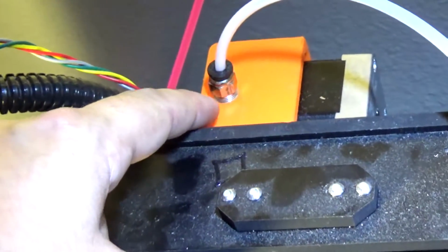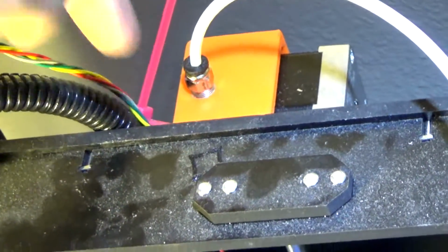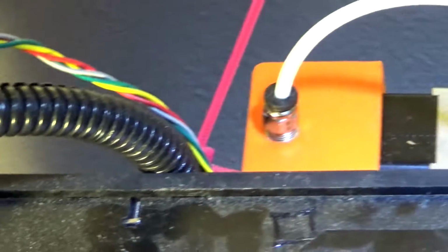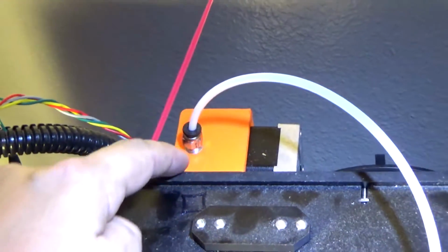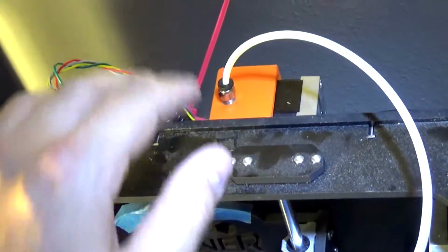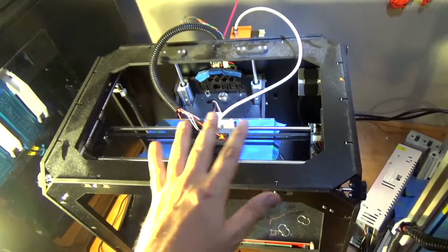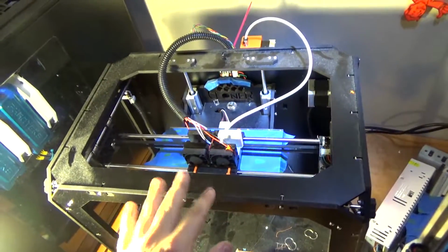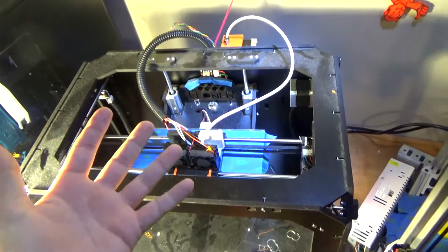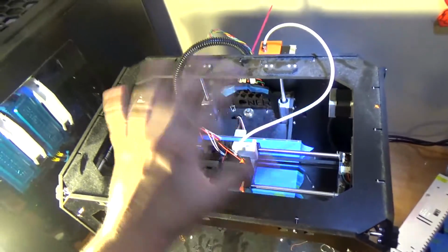The only thing I will note is the hole that this whole system goes straight through, past the extruder and everything. I would widen it with a drill bit if you can, because it's a little tight, just to let you know. But yeah, this is a proof of concept. This isn't a complete how-to on how to do this. You really have to be into designing things if you want to try this out. But this is a proof of concept that it does